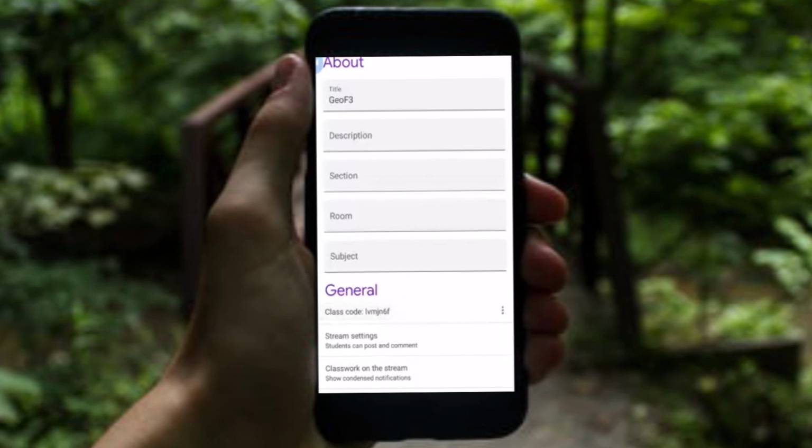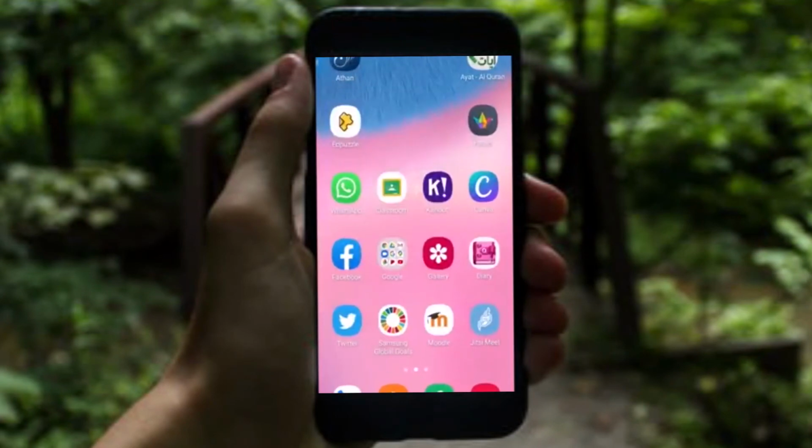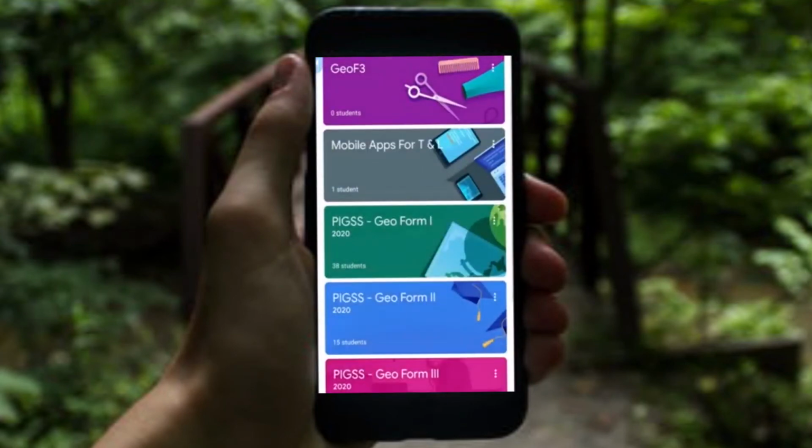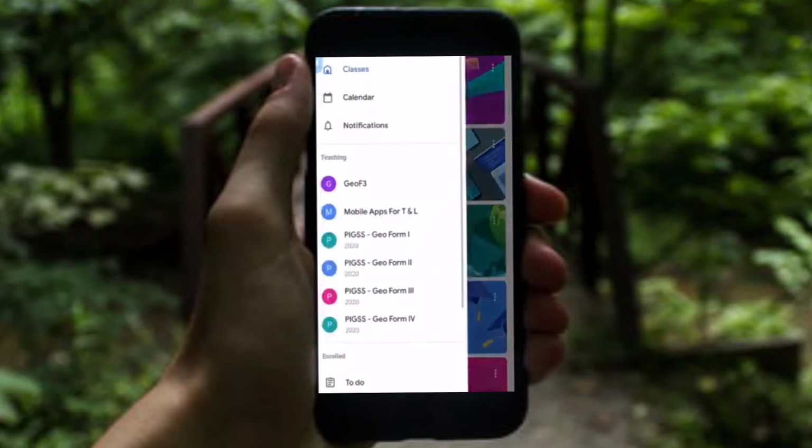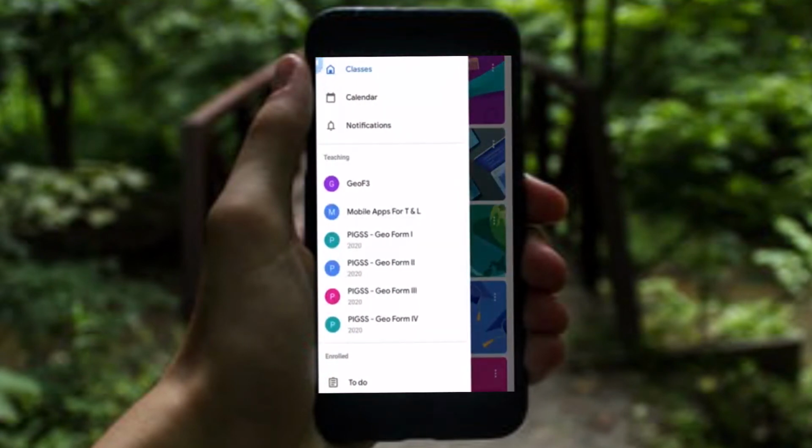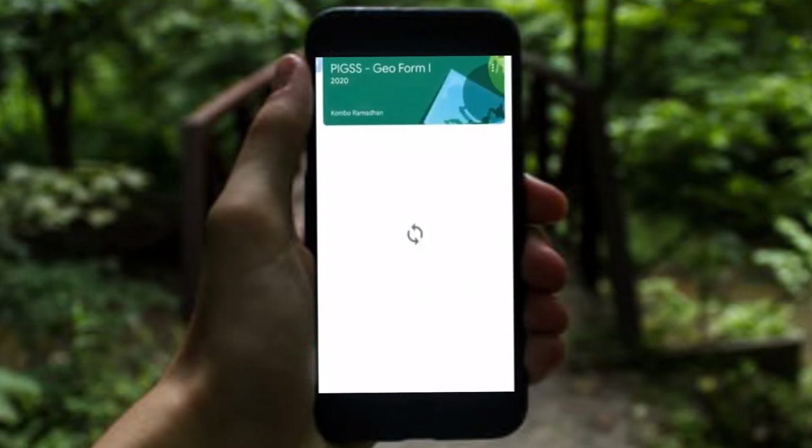I copy this class code so that it can be shared. How to share? There are many ways. So I want to sign in as a student now. To sign in as a student, I have to use a separate different account, and therefore here we go. In order to sign in with a different account, I'll go here and select another account in my mobile phone, and this is the student. Given a class code, opening Google Classroom, he has to click the plus sign, and